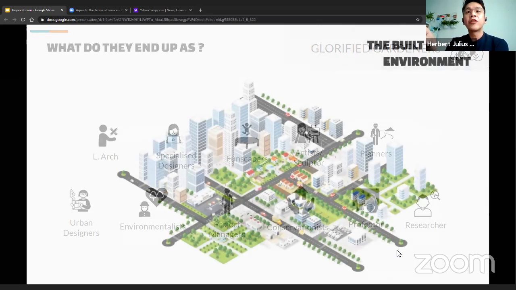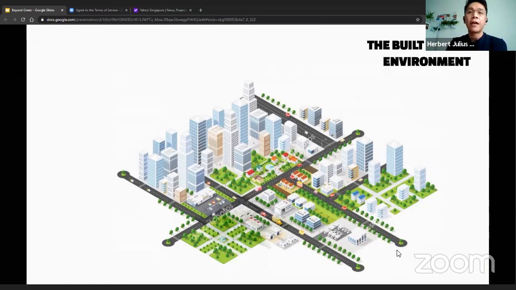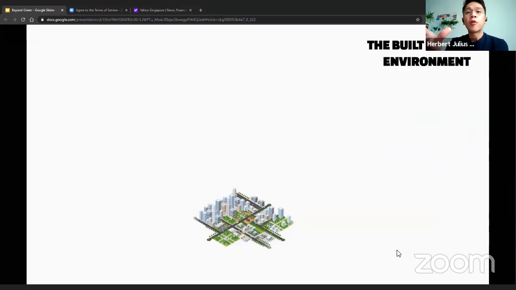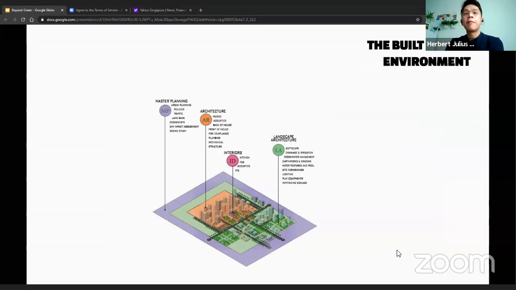As a summary, I'd like to take a few steps back and look into the built design environment. If you imagine a city, we know the city is composed of different components. Among the four major designers of the built environment, at the smallest scale, not to say they're least in complexity, the interior designers look into the inside of the building, the architects look at the buildings themselves, and landscape looks at everything outside of it.